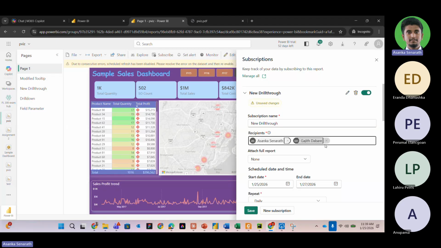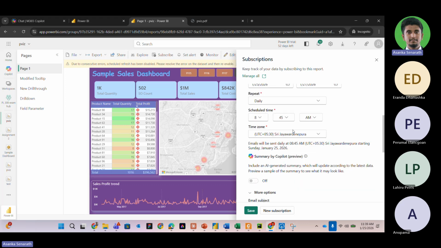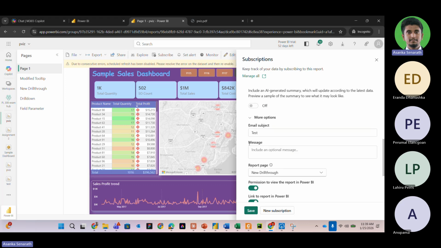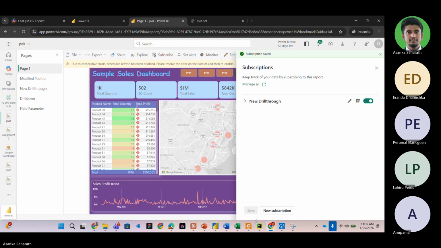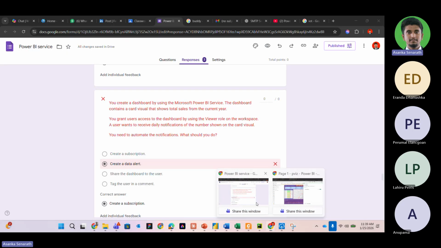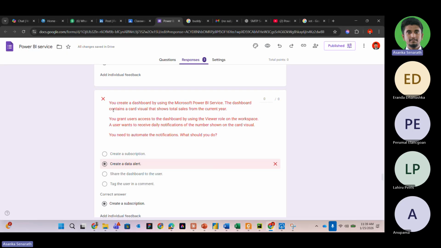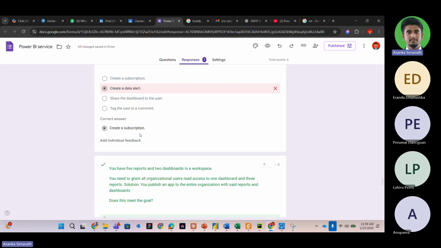Oh yeah, these people do not have access, that's why. The mail group, I just removed it. So now if you click on save, every day at this time you will get that notification. It's a kind of automation actually. So that's how you do this question, right? You create a subscription, then you can automate those notifications.